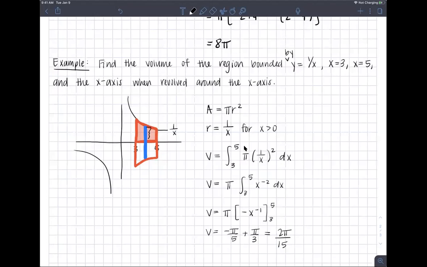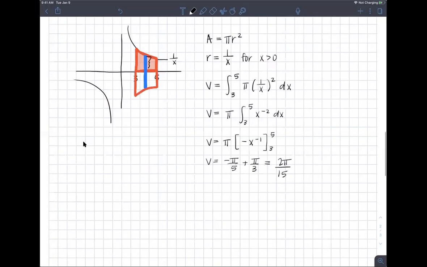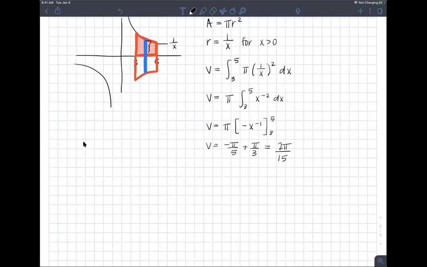So yeah, do you guys have any questions about this example? Okay. So let's do one now where we revolve it about the y-axis instead of the x-axis, and then we can see how our integral is going to change. And so what we're going to be looking at, so example,